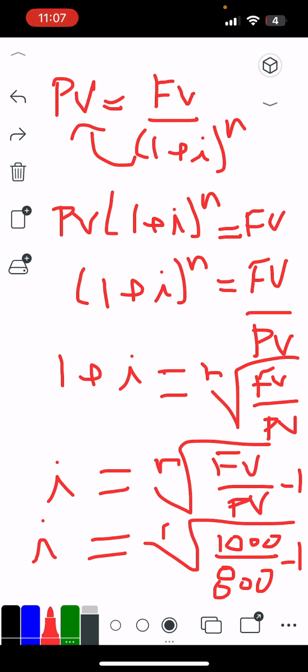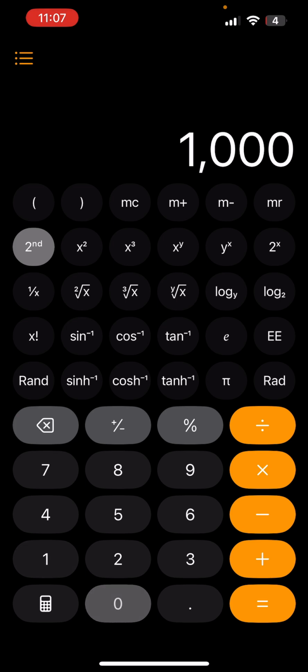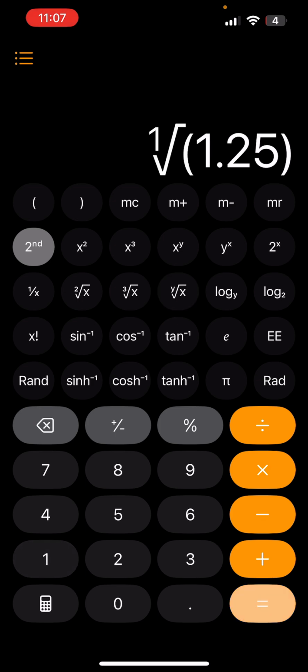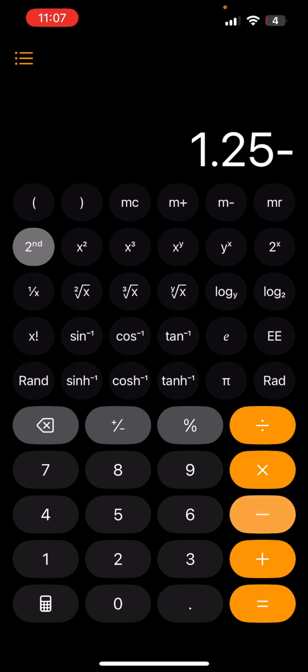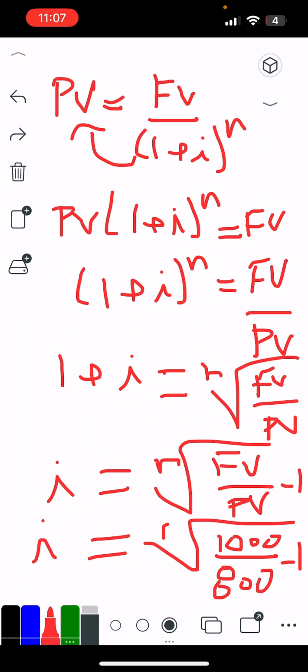So this will be 1,000 divided by 800, and you figure out the root. This is 1.25, and we'll figure out the root: 1.25 for 1 year, minus 1. This will be 0.25. So the answer is 0.25